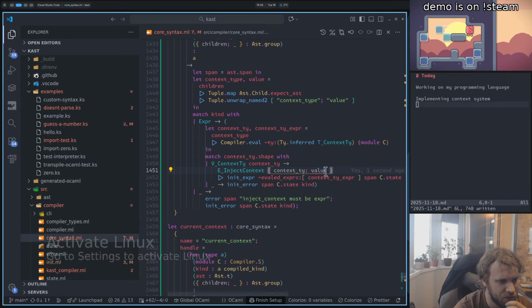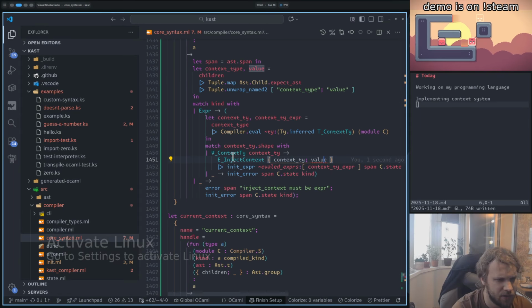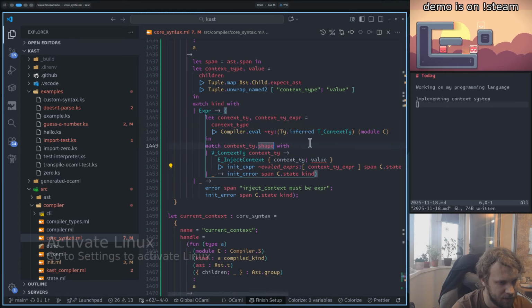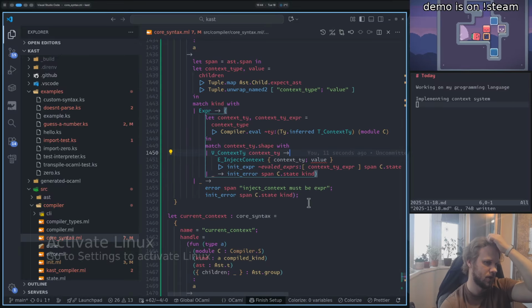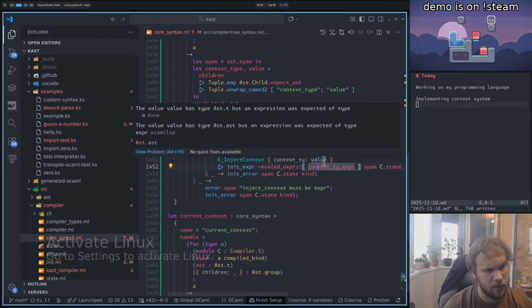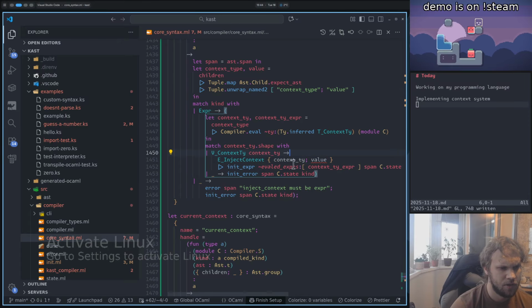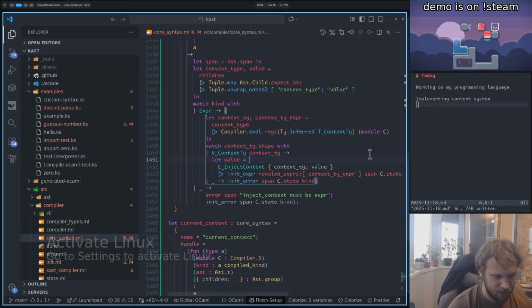And then value. So what is value? Value is going to be the value just compiled. There must be an expression, right? Yeah. And then these expressions' type should be the type of the context. Okay, so we say value is